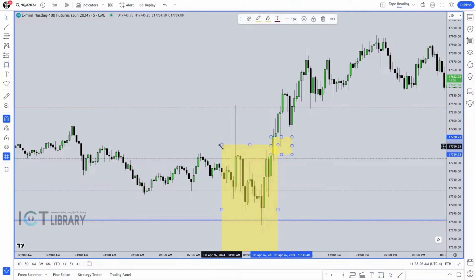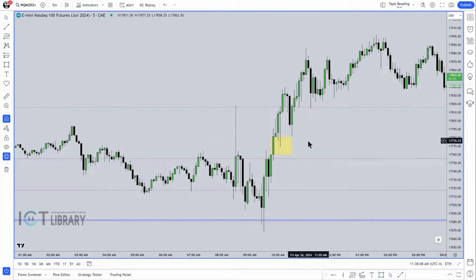Here is your fair value gap right there. See that? We're going to take this off because we've already highlighted the area to start looking for the setup. But right in here, where's the best entry, ICT? Can you just cut to the chase and tell me how to buy a fair value gap appropriately? Tell me where to put a stop loss. Where's the best entry? How should I trade it? Okay, you listening? This candle right there, okay?